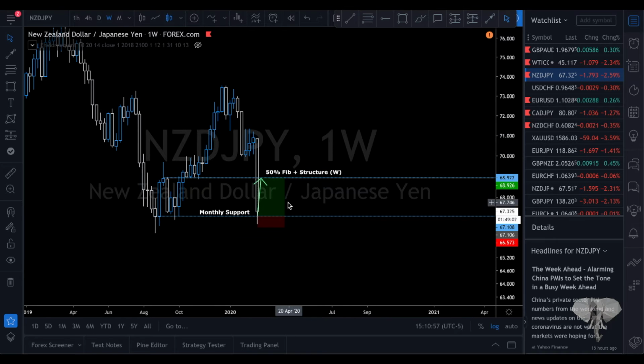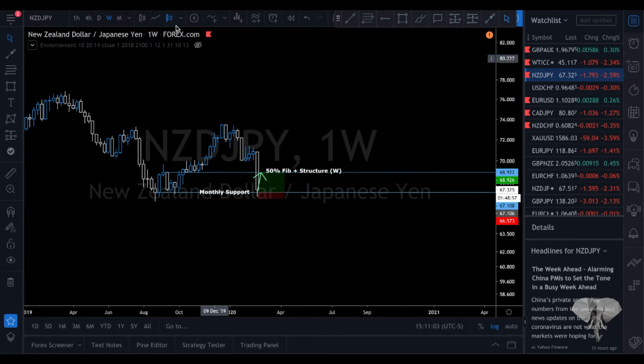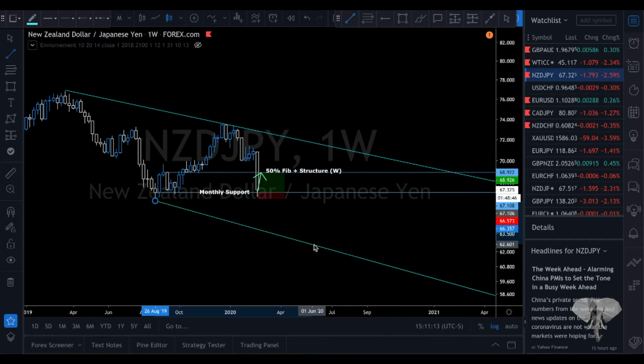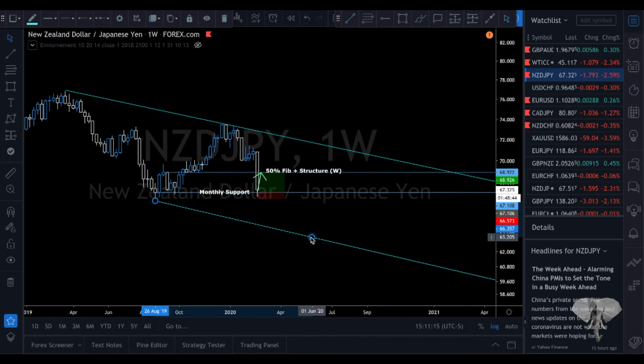Because of this impulsive pattern to the downside, we're looking at a correction and then another impulse to the downside. As you can see here, we do have a descending trend line on the weekly time frame, so it's something for us to consider moving forward. Maybe another target if this was to be a channel. Once again, this is predicting, and we're very reactive to the market, but